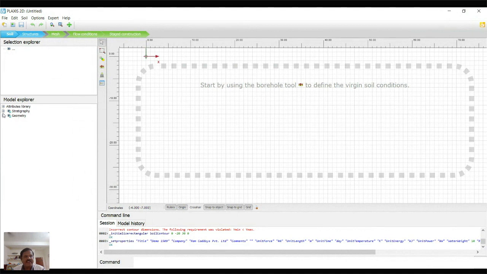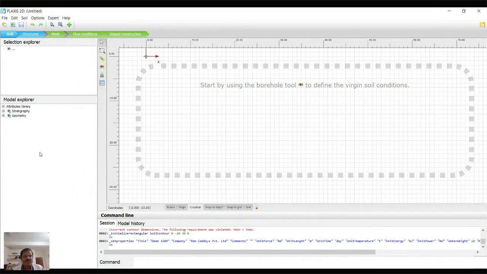Whatever we created and whatever details we input are summarized in this model explorer. On the right side is the graphical user interface. You can control it directly using the right mouse, or you can directly enter input commands. Whatever input command we define is summarized in the command line. So this is actually the graphical user interface.